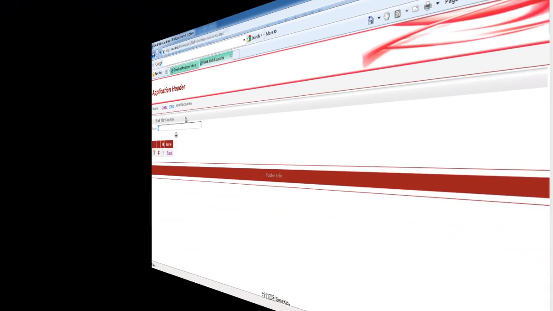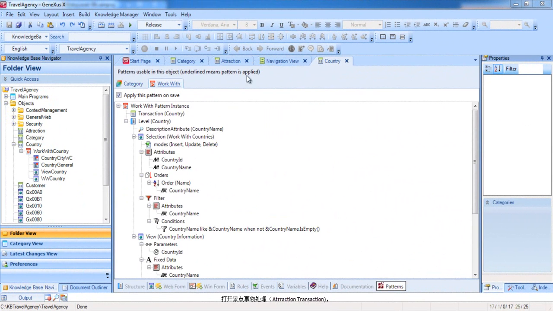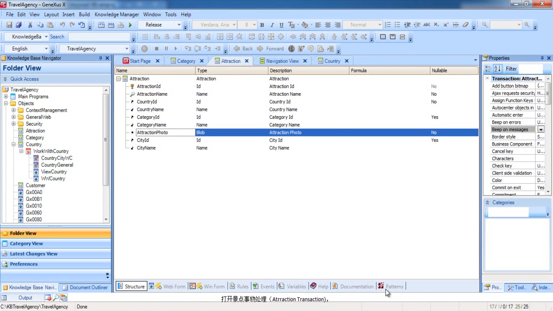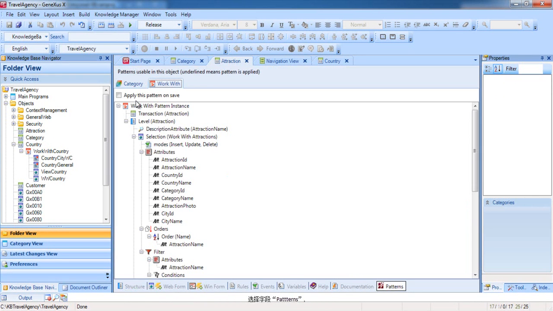To do this, we go back to Genexus, open the attraction transaction, open the Patterns section, and in the Work With tab, we select the option Apply this pattern on Save. Upon saving, all the necessary objects are generated to implement all the features that we've seen, in this case, to work with attractions. We check to make sure they were generated,